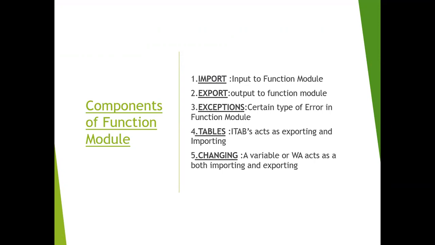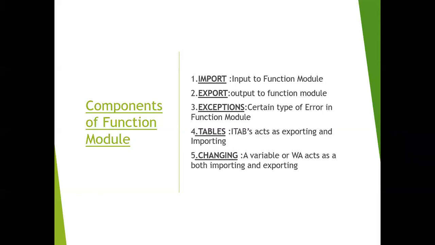So exceptions means, suppose there is a function module. If that function module didn't give the desired output, then that error has to be handled, right? We expect some result, but it is giving some kind of dump or some sort of error. Then we can handle that in the exception part. Say there is a division. If anything is divided by 0, you will always get a divide by 0 error, right?